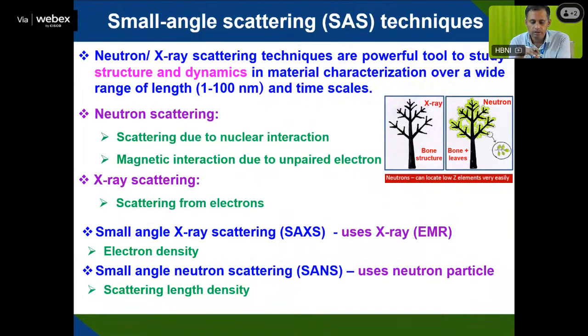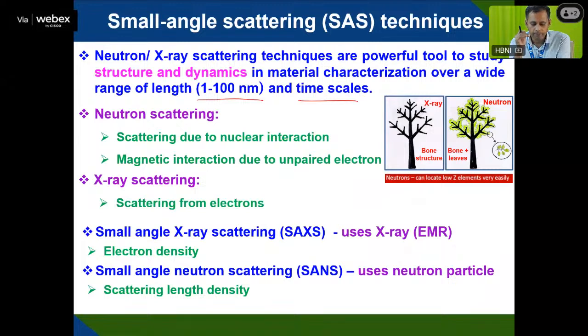So small angle neutron scattering and X-ray scattering techniques are powerful tools to study the structure as well as the dynamic information of a system over a wide range of lengths. You can see 1 to 100 nanometers, and in different time scales. As I discussed earlier, neutron scattering is mainly due to nuclear interaction,